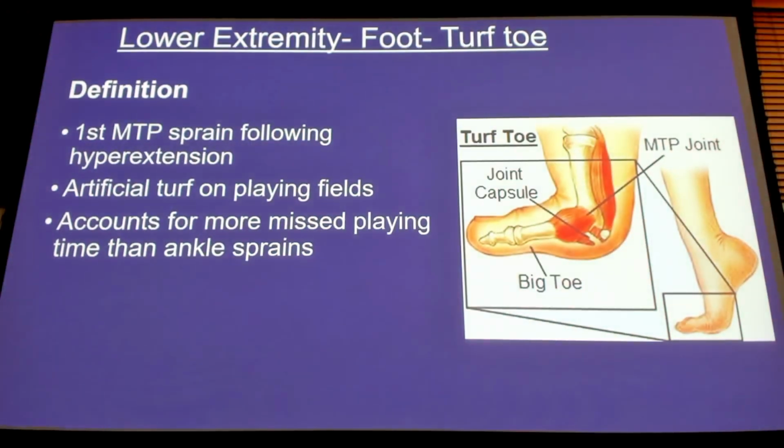Turf toe speaks for itself. If you played sports, you probably had one or two or three. Okay. In those cases, you get some injury to the toe that tends to disrupt the capsule. Usually occurs at the region of the first metatarsal or the first MTP joint, right? And we call it that because it used to be common when playing on artificial turf. But it certainly happens if you're playing on grass and on asphalt as well. Okay. Now,